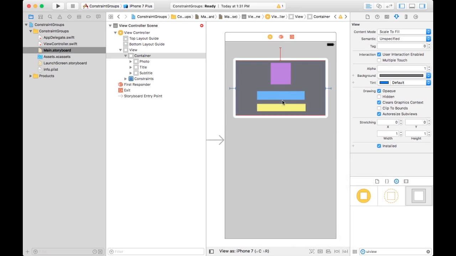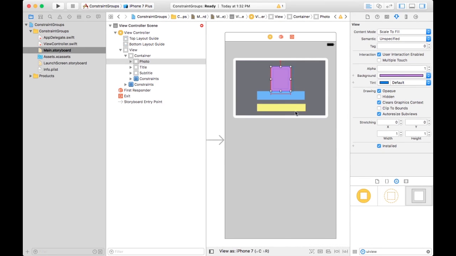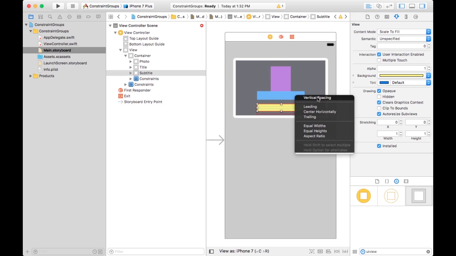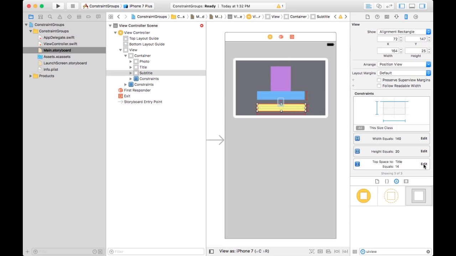Okay, so there's the sizes of all the subviews. We've got the container laid out. Now we just need to lay out the constraint, basically the upper margin of this photo, and the vertical spacing between the title and the subtitle. 14 is fine. Okay, so that is all the common constraints that are going to be the same in both